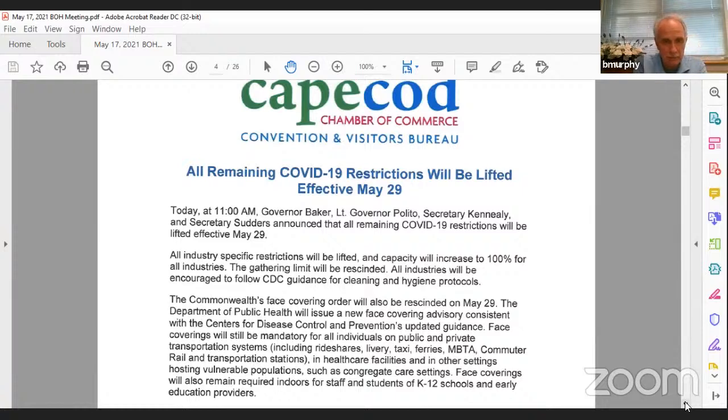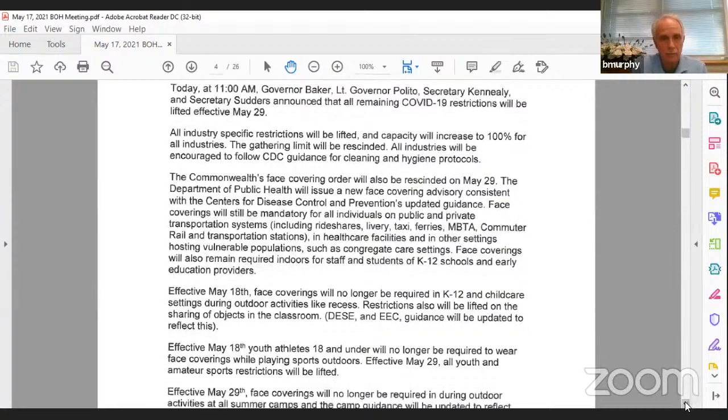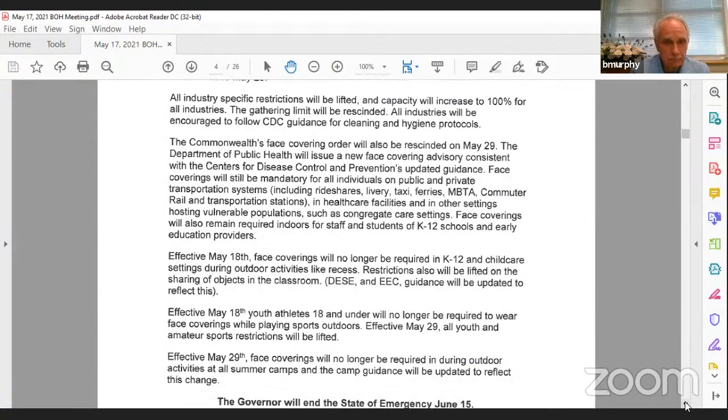However, it would still be mandatory in public transportation, taxis, ferries, railroad, healthcare facilities, and congregate care. Face coverings will still be required indoors for staff and students K through 12. Outdoor activities, their face coverings are not required at the schools.